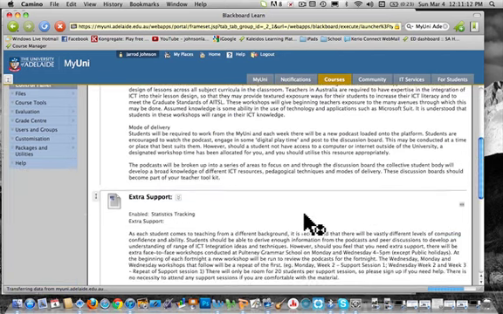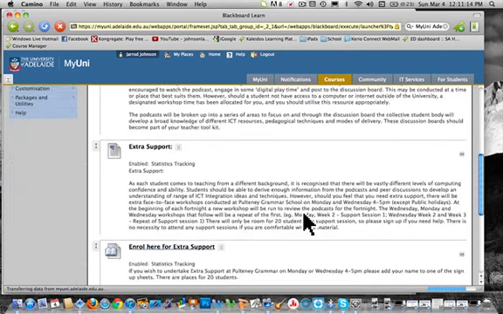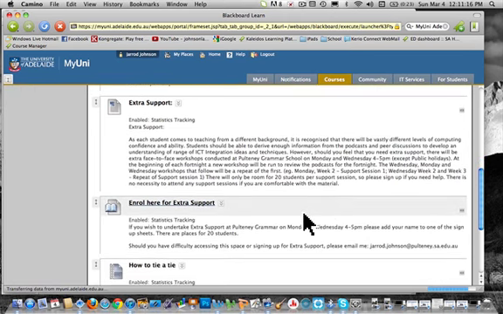So what I'm going to be doing is each Monday and Wednesday I'll actually be running an extra support help here at Pulteney Grammar from 4 till 5 o'clock on Mondays and Wednesdays, obviously not on public holidays. If you go to here, enroll for extra support,